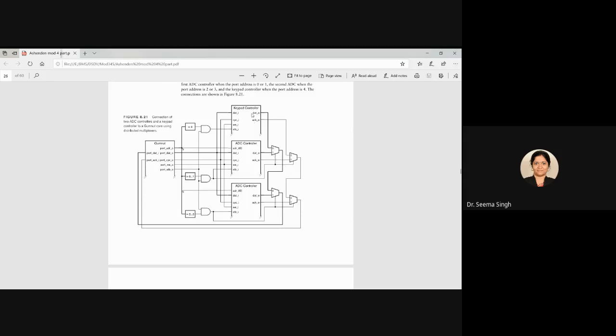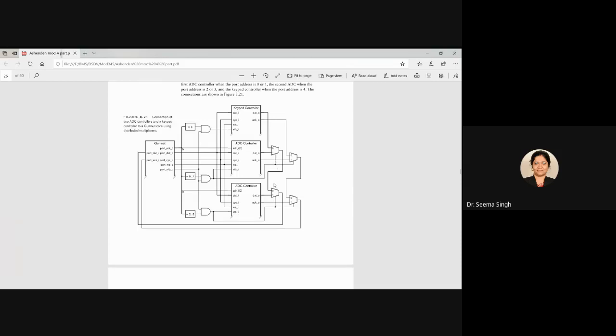Now you can see keypad controller, keypad is not shown. ADC controllers, ADCs are not shown. But the data from that keypad as well as ADC is given back to the controller itself, and that data what keypad and ADC gives goes as data output. Now the job of IO controller is to pass this data output to the processor for further working. So how is it passed? It is passed through these mux, and who is controlling these mux?